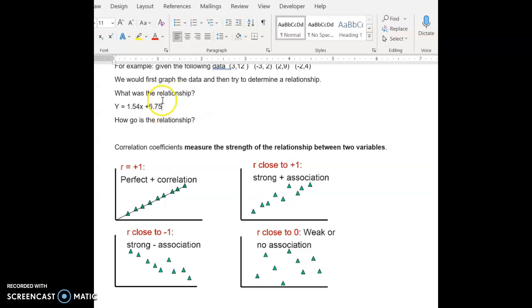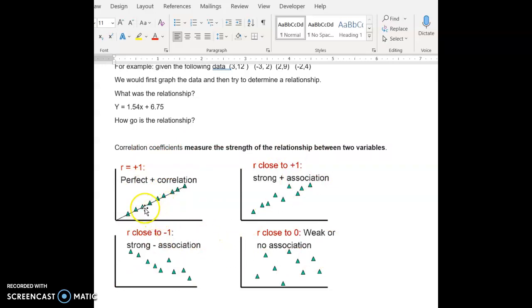So that was our equation. But we want to know how strong a relationship it was. So, it looked like most of the points were close to the line, but I want to review with you correlation coefficients. So this was from Algebra 1, and it's been a while, but remember when we talked about a